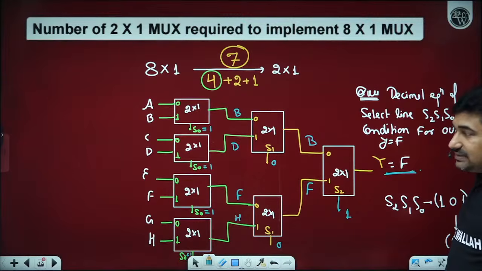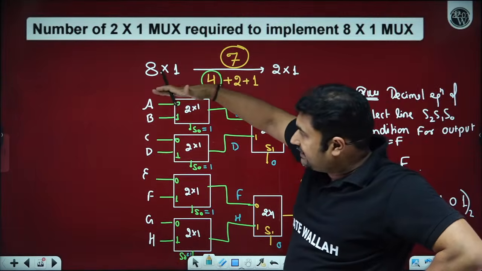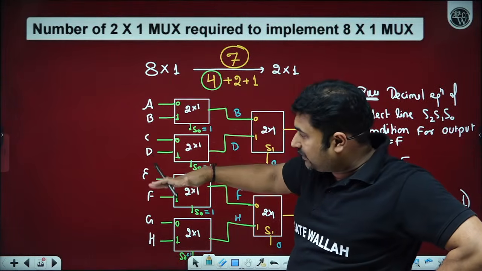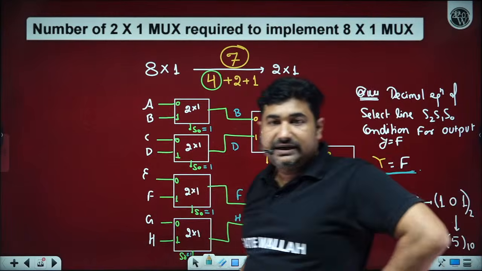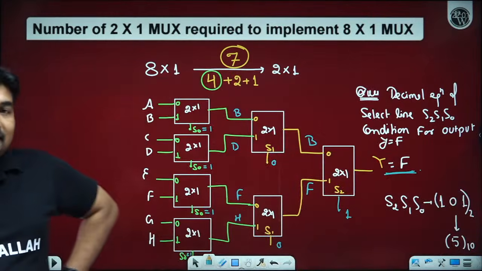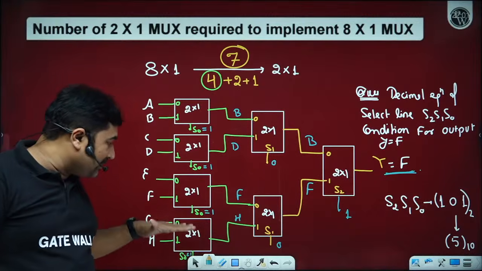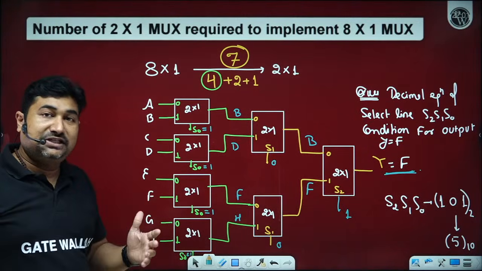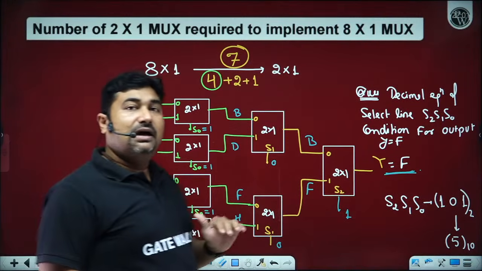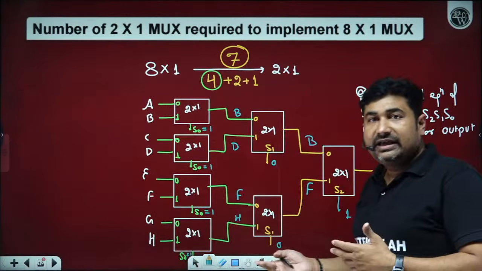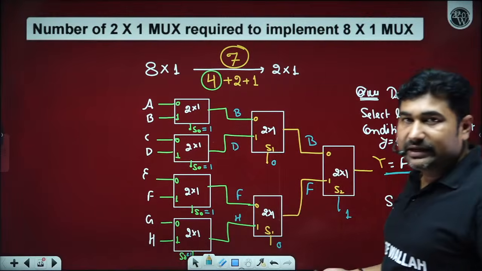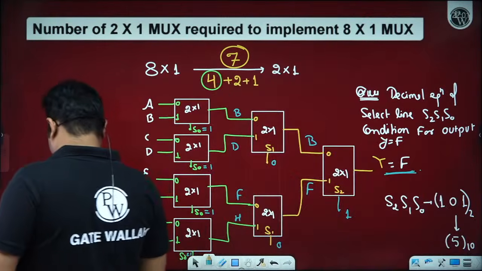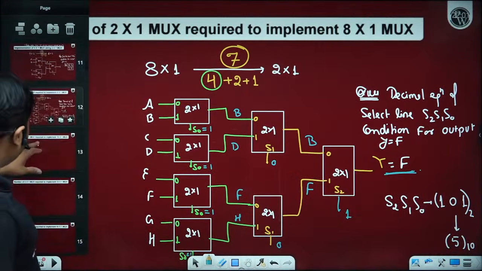No, 7? Beta, it will start from here: I0, I1, I2, I3, I4, I5. 5, it's the binary of 5. If you start from here, the representation is different. Always observe the representation. Conventionally, it is top to bottom. If it is mentioned in a different way, then that will be considered. Is it okay? Let me show you once again.